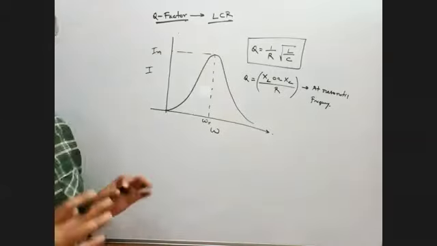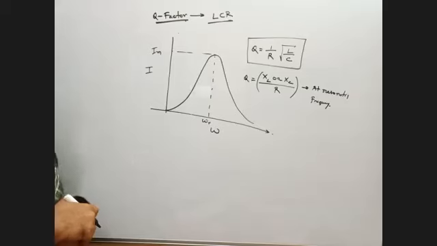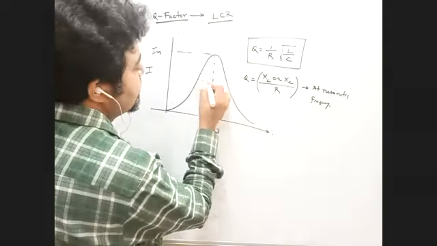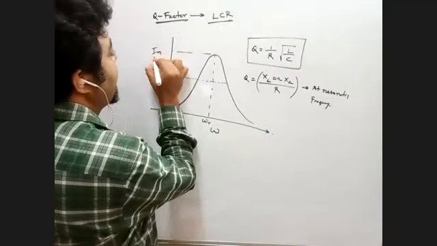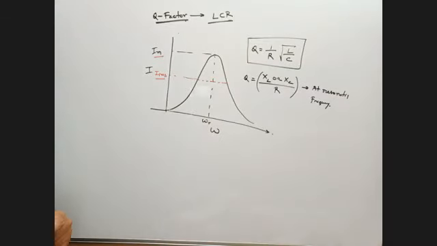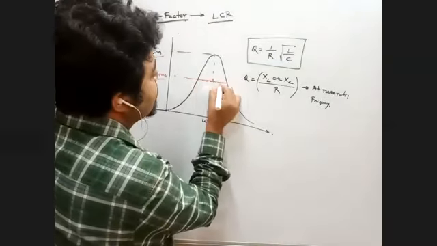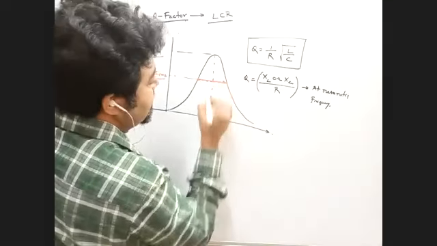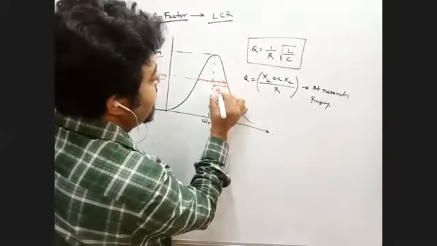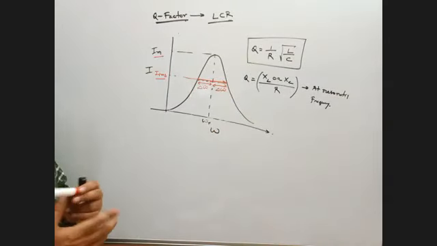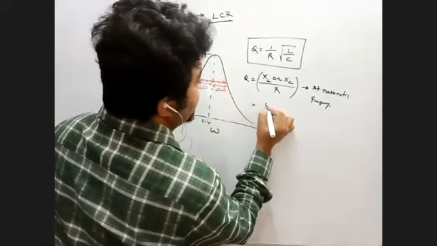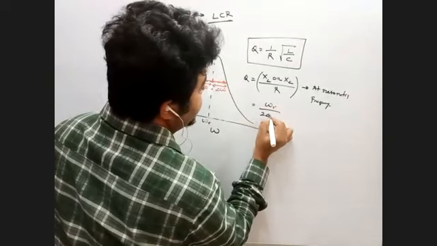And one more thing, Q factor is defined as, if you see the width, when it is RMS value, this is the maximum value, this is the RMS value. So in this RMS value, this is called the width. Okay, if this is the omega, so from omega, that is del omega plus, this is the del omega minus. So Q factor is defined as the resonating frequency upon the width.